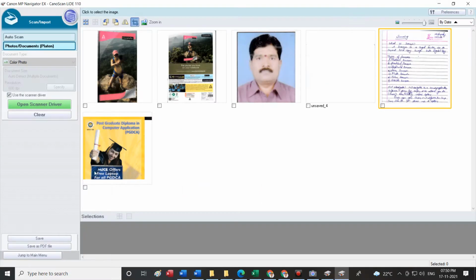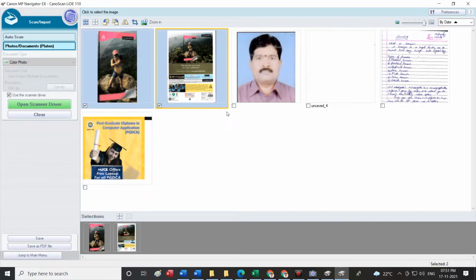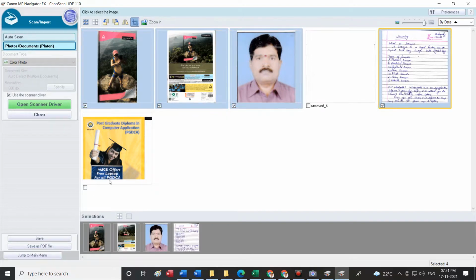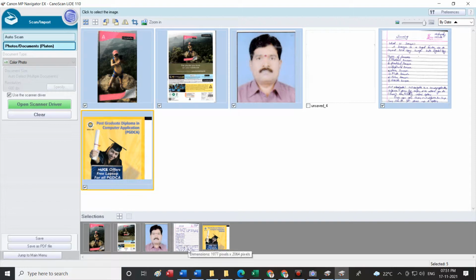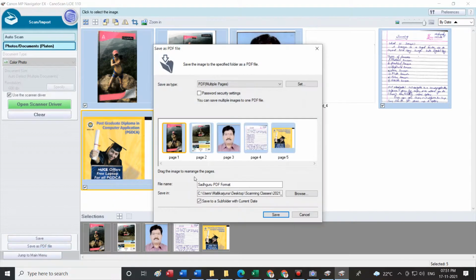Another way of saving is save as PDF. The significance of save as PDF is, when I am preparing notes or when I want to copy all this into one single file, I can save it as a PDF. The first image will be in page 1, second image in page 2, third image in page 3, fourth image in page 4, fifth image in page 5. This is a beautiful way of saving. I will say save as PDF. I'll call it Vivekananda batch scan. Okay, again it is in the same folder.